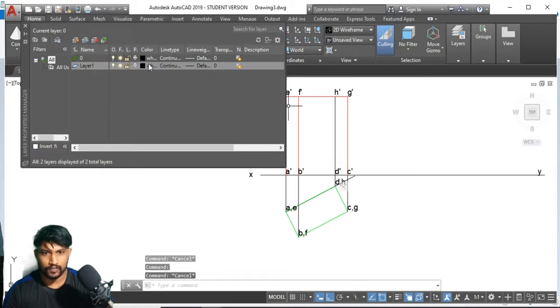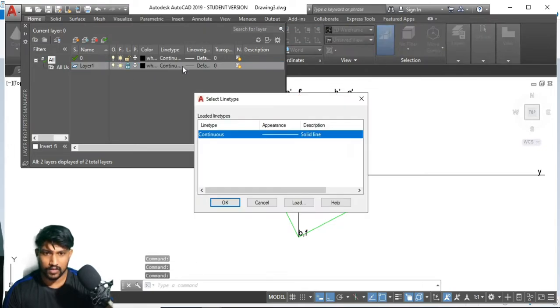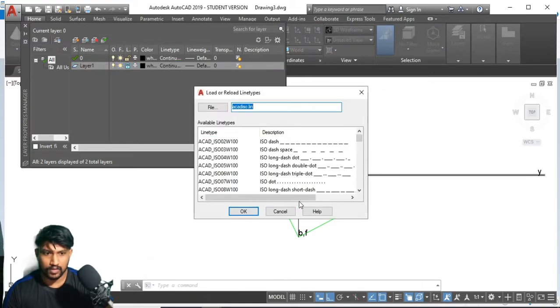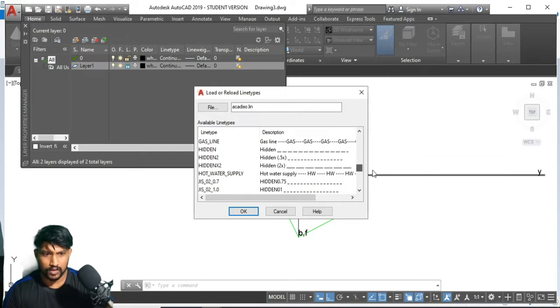No. So let me check whether this one is added or not. Yeah, this one got added. So what I'm going to do is do this one as a non-visible edge or a hidden edge.